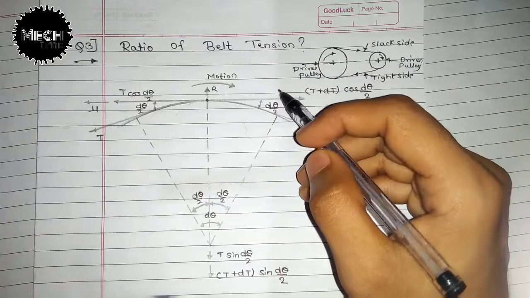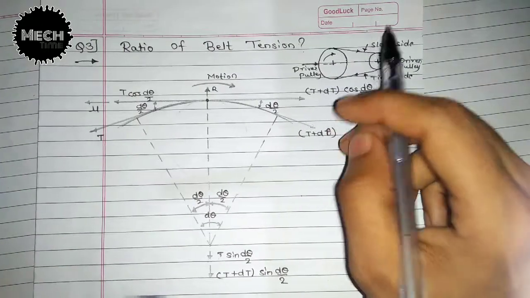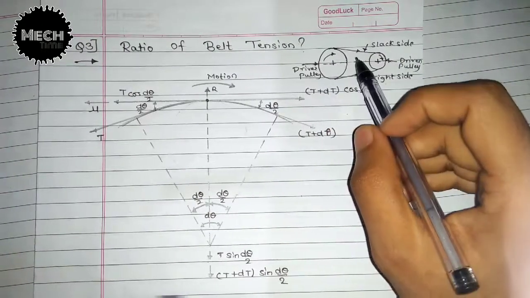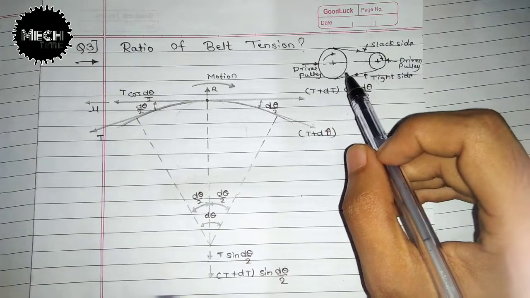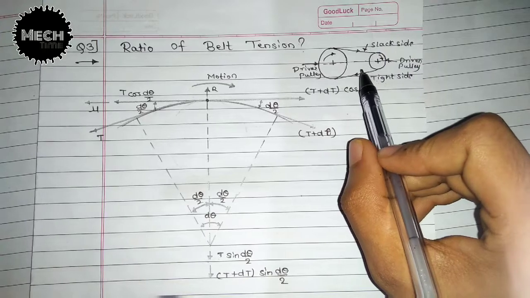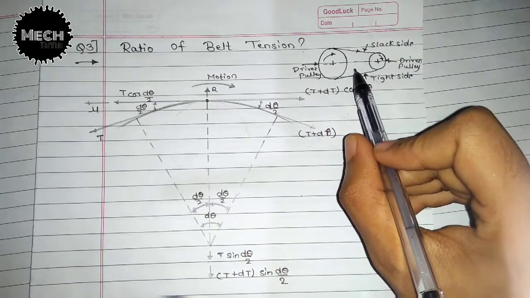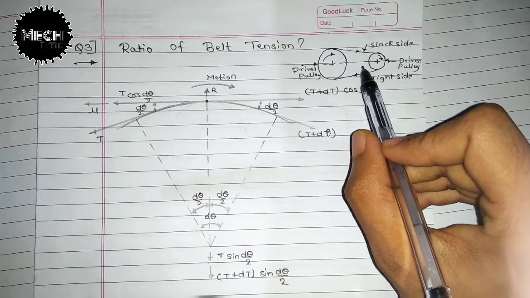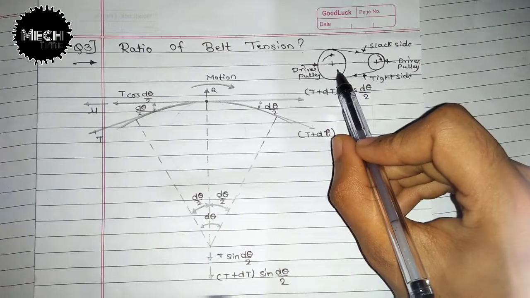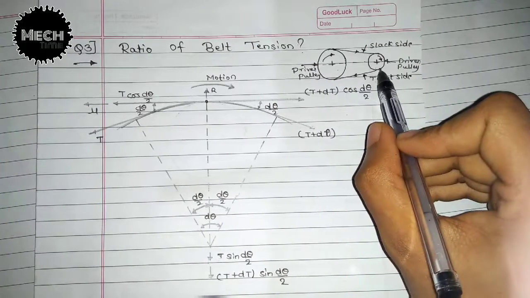As you can see, a figure is shown of an open belt drive. Now what is an open belt drive? We know that it is used for the same motion. As I told in my last derivation, the open belt is used for the same motion and the cross belt is used for the opposite direction. This is for the same motion and that is for the opposite motion. And also we know that this part is the driver pulley and this is the driven pulley.